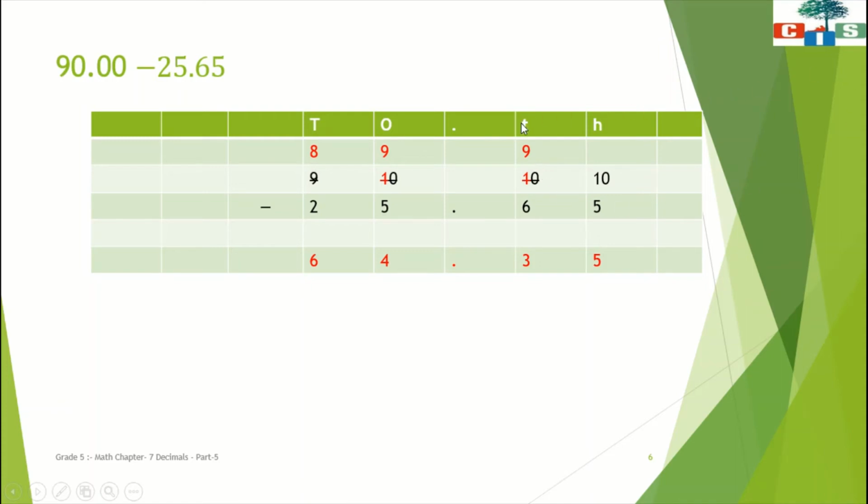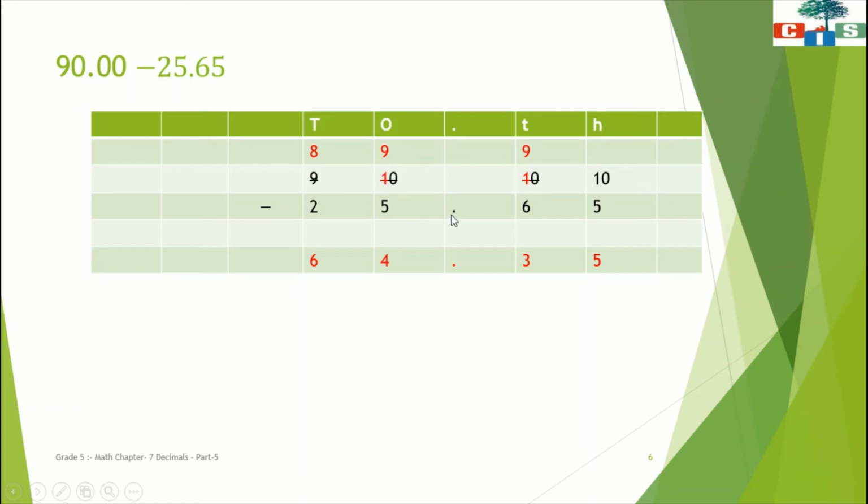So what we need to do? We need to go to its next place value. Here we have ones and at ones also we have 0. Okay, so again from 0 we cannot borrow. So what we need to do, we need to go to its next place, that is the tens. Here we have 9. Okay, at tens, so we can easily borrow from 9. So when I borrow from 9, 9 will be reduced by one and it will become 8, and this 0 at the ones place will become 10.